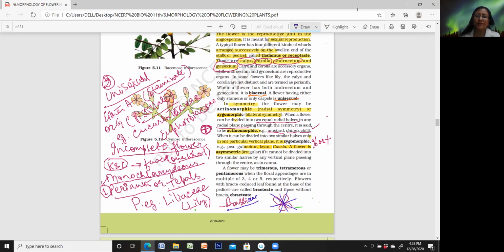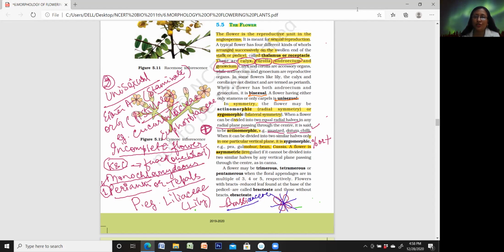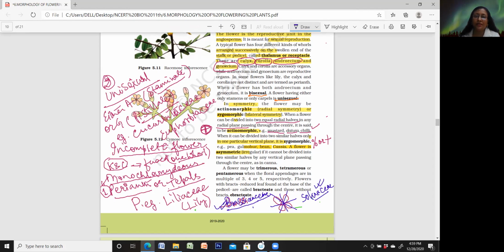Basically, Brassica is Brassicaceae, you know that, and datura and chili, they both belong to the Solanaceae. So it's good to know the families. So Brassicaceae, Solanaceae, because these are the family characters. They are having flowers which are actinomorphic. Though there can be exceptions, very few would be the exceptions. Like in Brassicaceae, there's only one exception, that is Iberis, which is zygomorphic. Otherwise, the entire Brassicaceae is actinomorphic. Solanaceae is actinomorphic, like that.